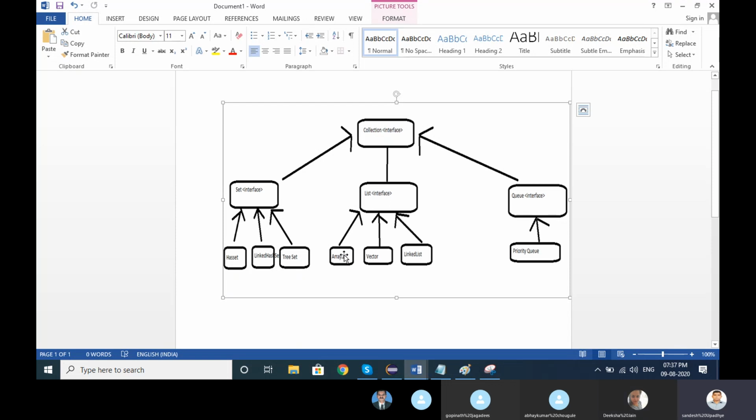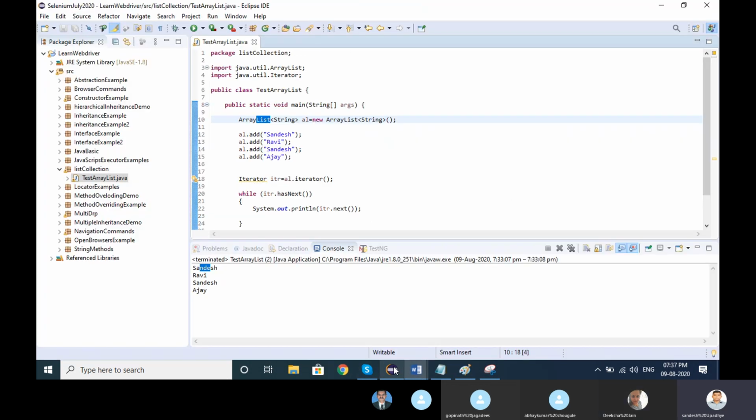When we want duplicate data, then we can go with the array list itself. It contains duplicate elements, maintains the insertion order, and it's random access, whatever we have added over here.